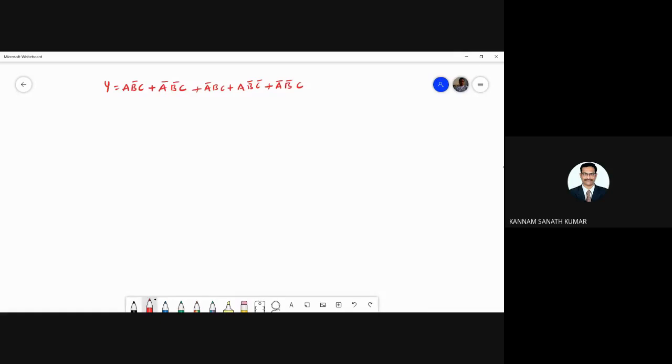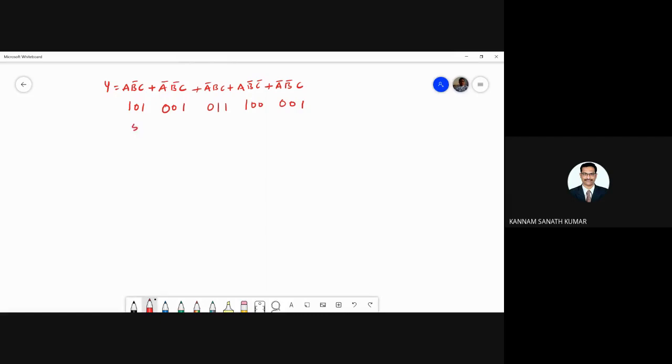So what is this? This is nothing but 101, this is 001, this is 011, and 100. This is the SOP form.